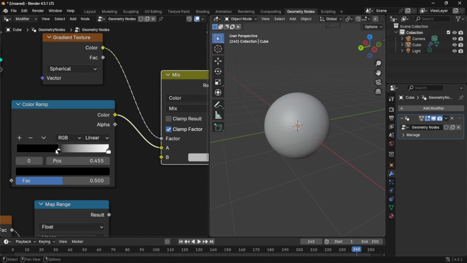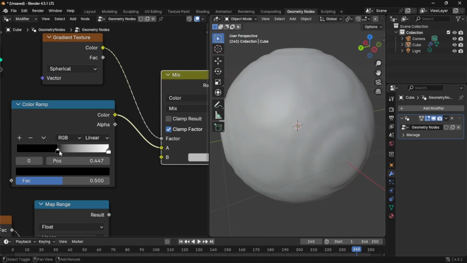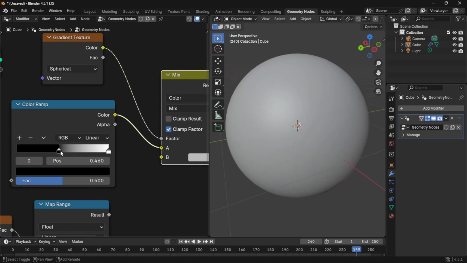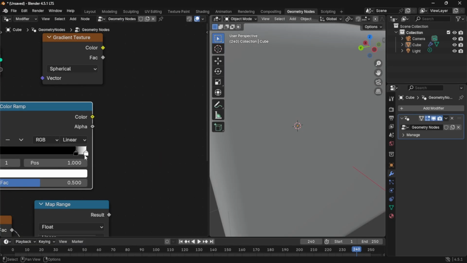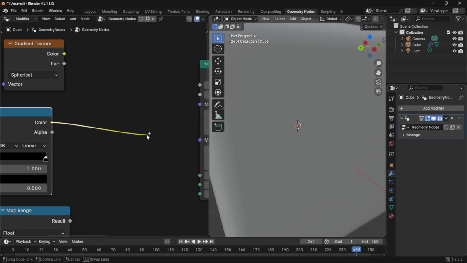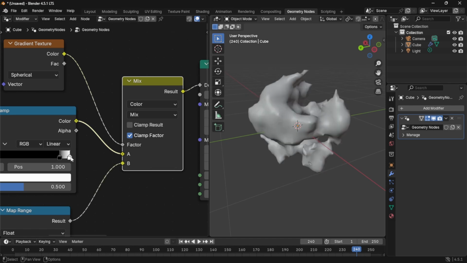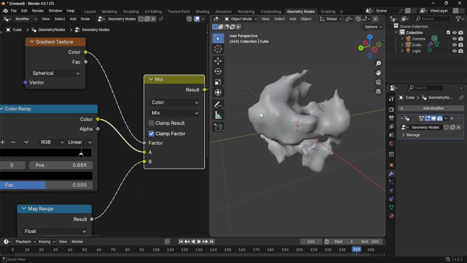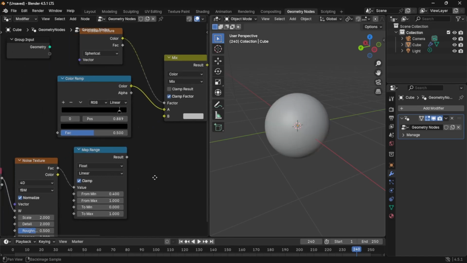If I am here, now it is a cube. Now if I simply zoom out, there will be a zone where it is becoming from a cube to a sphere. So this is that zone. And now this is becoming a sphere. So what we have to do is make it totally black. Let me just remove the white. Let's drag the color. Okay, I think so. I removed the mix. So we will drag it now here. And from this one, we will just remove the white. It is totally black. So the black will make it a sphere, and the map range and the noise texture